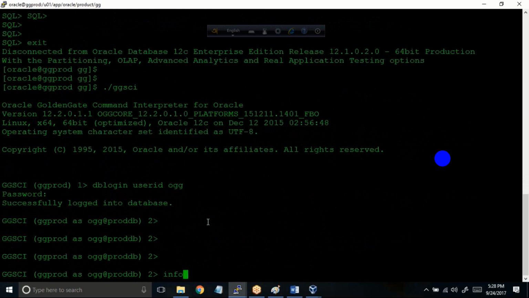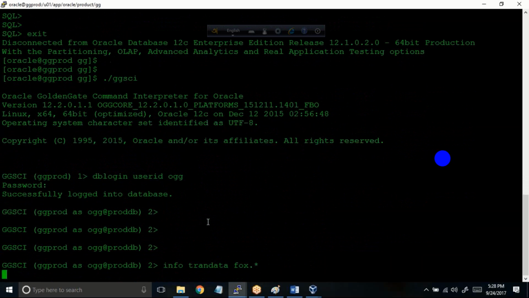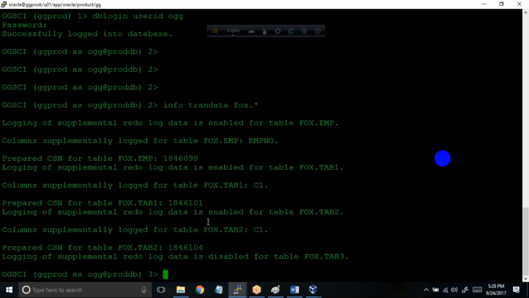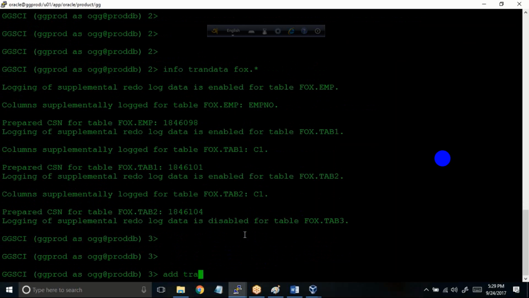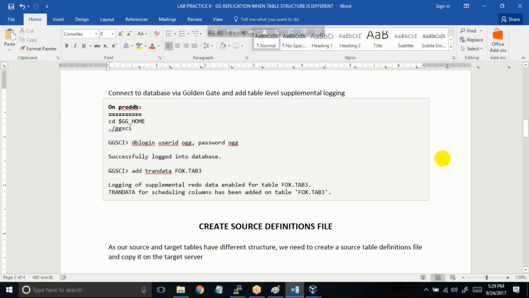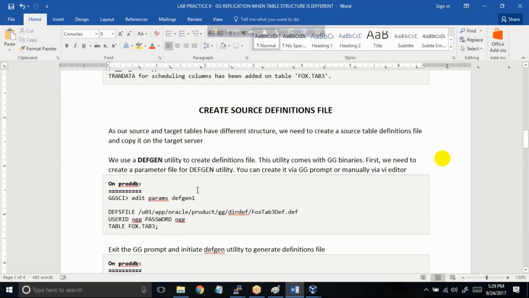Now, info trandata fox.star. So we can clearly see that for tab 3, definitely supplemental logging is not added. Add trandata fox.tab3. Okay, so once the supplemental data has been added, now what we are going to do is we are using